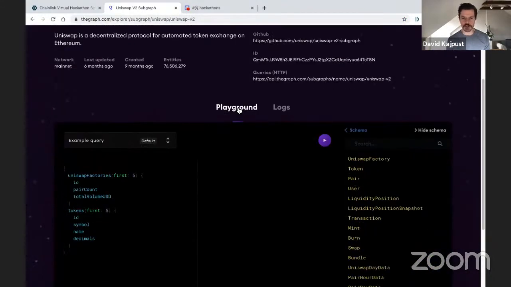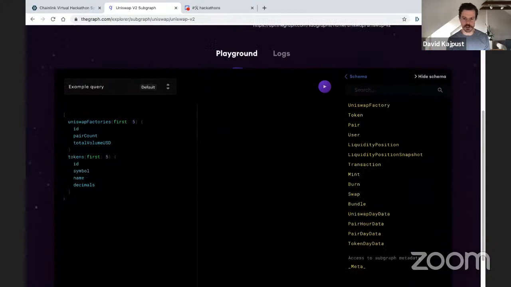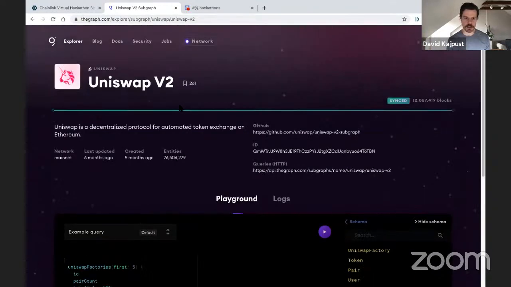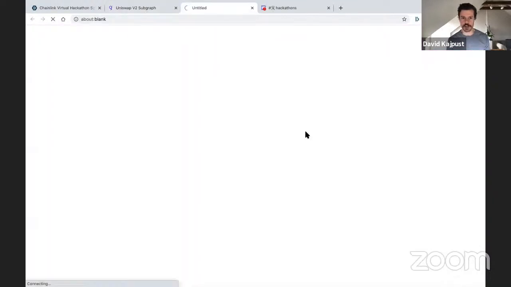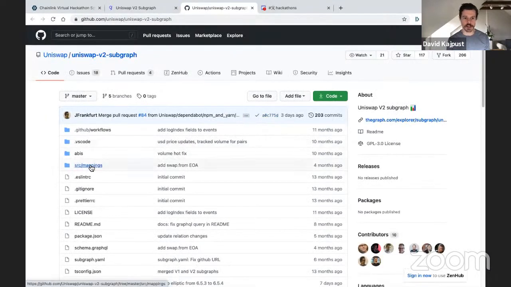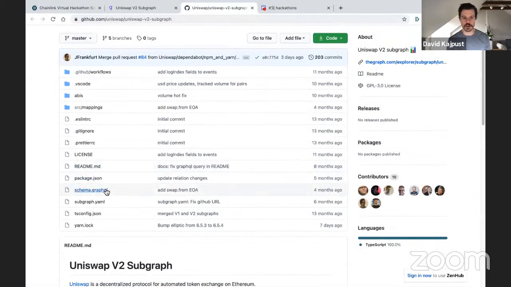This is probably one of the most used subgraphs. Everybody knows Uniswap. There's so many transactions that happen. As you can imagine, this subgraph takes a long time to actually index. There's 76 million entities stored in this subgraph's database, which is a lot. And so if we quickly go to the code here, this is a subgraph that is public, it's the